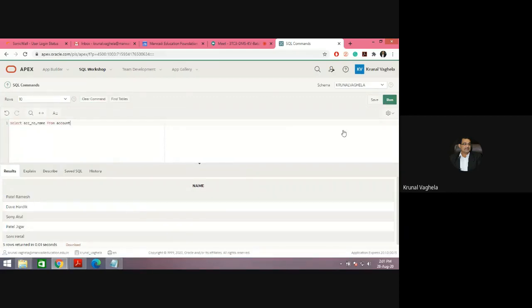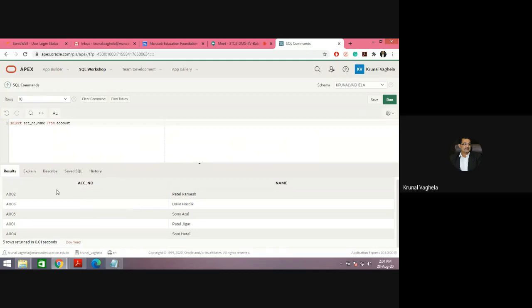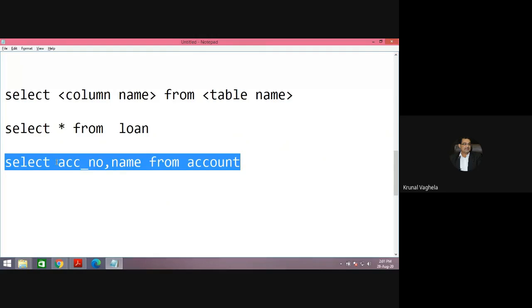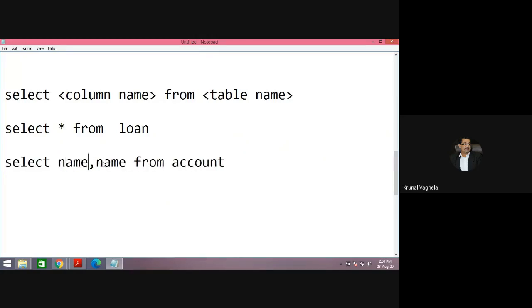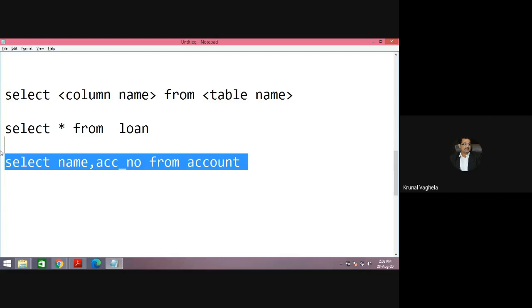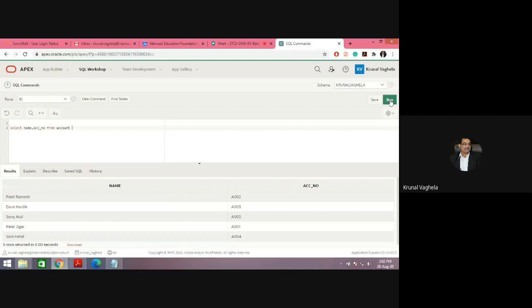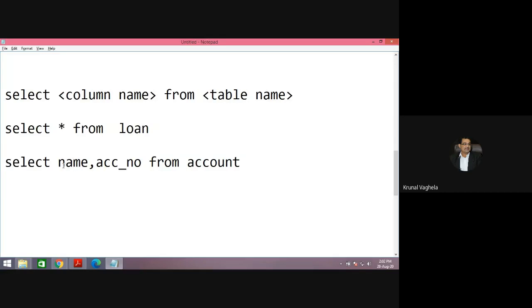Control V, run. So I am getting account number and name. Now if I write like this, name and account number, then Control C, Control V, first name and then account number. So whatever sequence you write here, the columns will get displayed in that order.